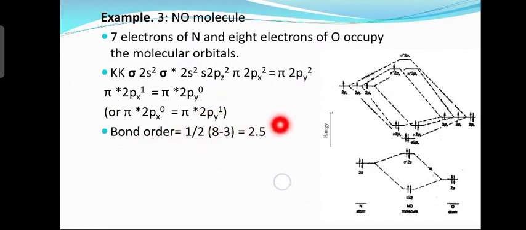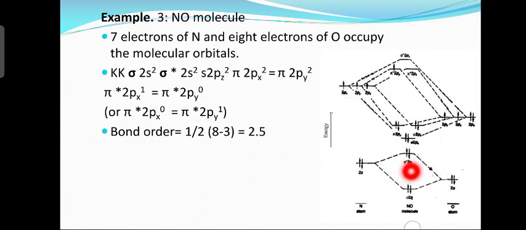Now this is the molecular orbital energy diagram, with energy plotted along the y axis. You can see for the nitrogen atom, the 1s2 is not given, starting from 2s2 instead of the KK inner shell. So 2s2 has 2 electrons, and in oxygen also 2s2 has 2 electrons, total 4.